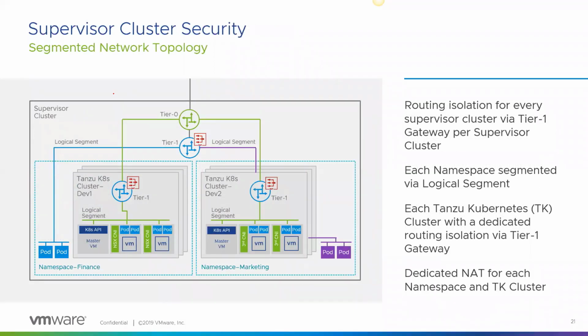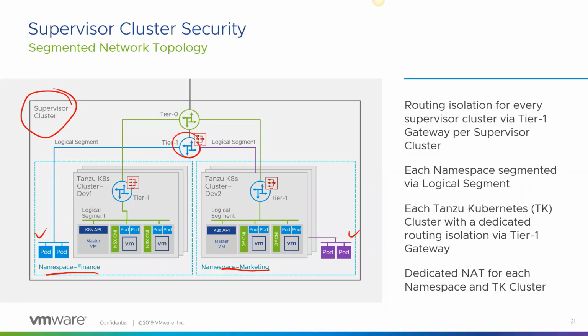So, as we mentioned, NSX will also provide segmentation of the network. If you look closely, you will see here we have illustrated a single supervisor cluster. On the supervisor cluster, we have two namespaces, finance and marketing. Each namespace gets a segment, as you can see. These segments go up to the T1 gateway. But namespaces are isolated. There are distributed firewalls in place that keep them from talking to one another. Okay? This is where we are talking native pods running on vSphere.